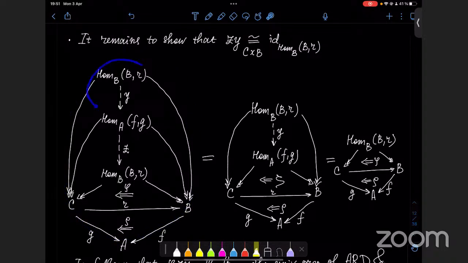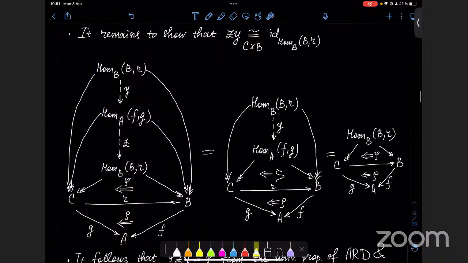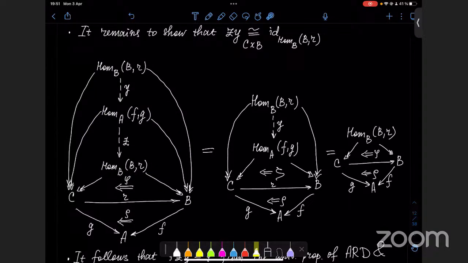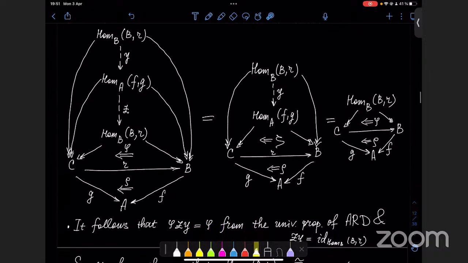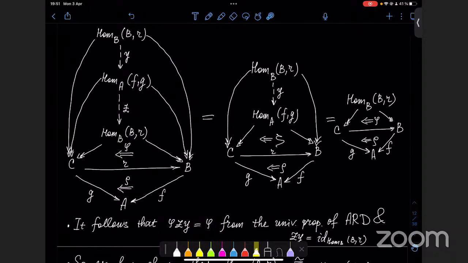In this case I changed the order between Y and Z, and I just use the properties which were used before in the reversed order. And in this case, you will have that the composite phi zy is phi over rho,